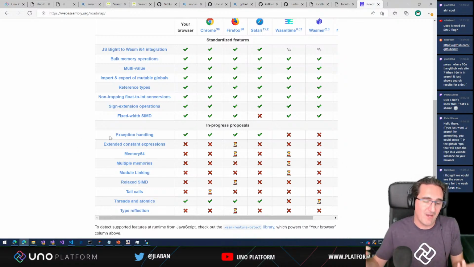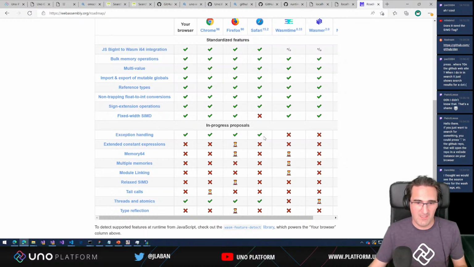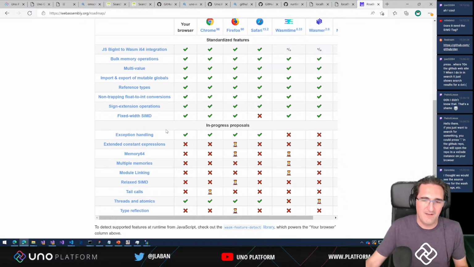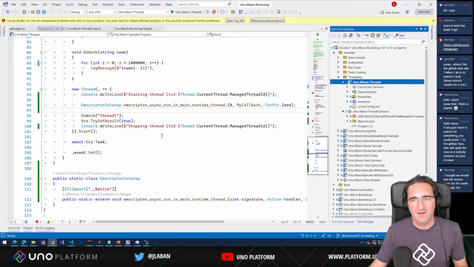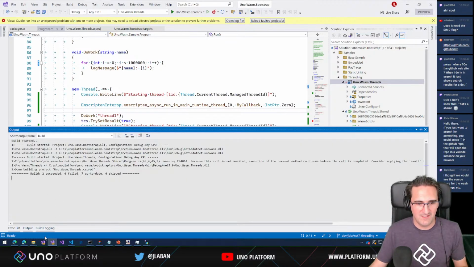And that previous mechanism was using JavaScript. The new one is using the WASM exception handling, and that one goes fast. So that's very cool. It's not twice as fast, but it's a lot better. And it reduces the number of frames when you're executing something in the browser. So that's nice. Okay, so WASM thread built,